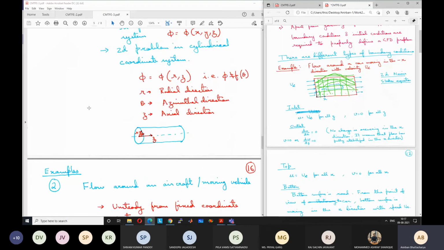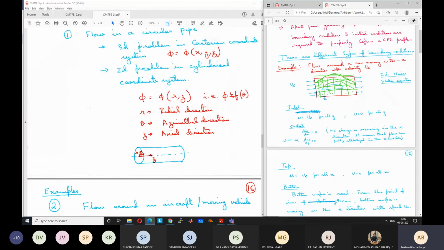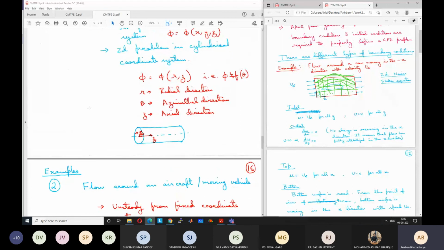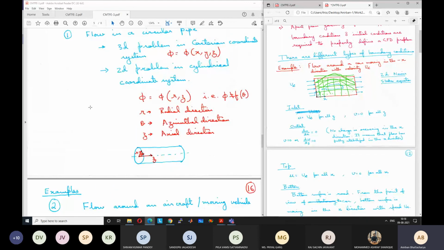Another example is flow around an aircraft or a moving vehicle. Okay. So this is interesting. You have an aircraft which is moving, say, from the right hand side to the left hand side. Let us now consider that this is an aircraft. If you are looking from outside, standing in the inertial reference frame, standing on the ground, you will see that the